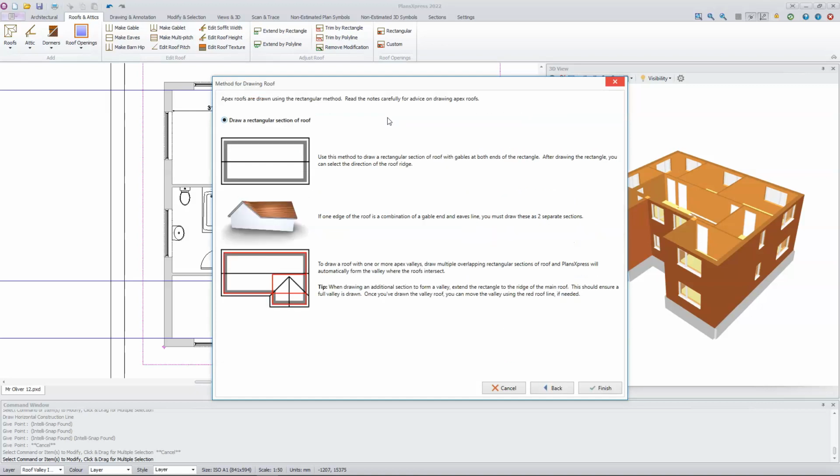Depending on the type of roof you're drawing, different drawing methods are available to you. To draw sections of apex roof, you'll need to use the rectangular method. This simply means you draw a rectangle for each section of roof by placing two opposite corners of the rectangle. You then select the direction of the ridge. For our C-shaped roof, we'll need to draw three sections of roof, one for the main apex roof and one